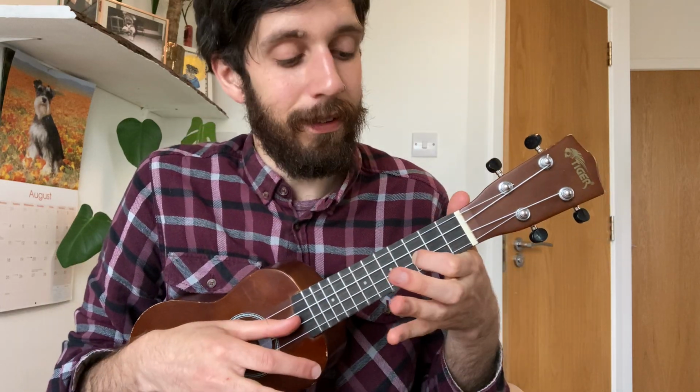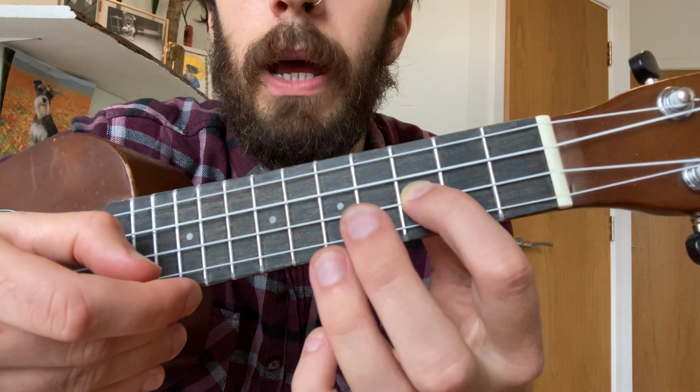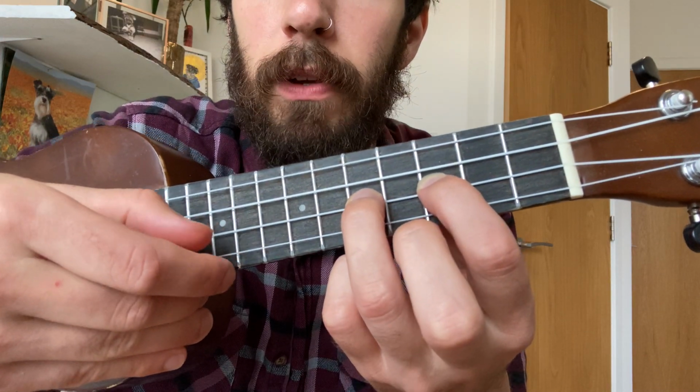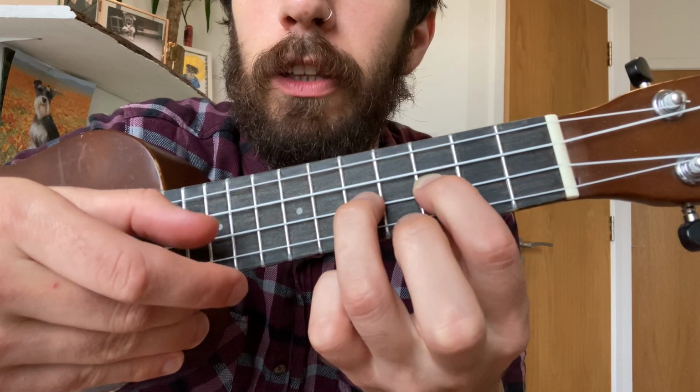So our 1 and is our 1st finger on the 3rd fret, and we hammer down onto the 5th. And then we hit our 2nd string again on the 5th. So it would be 1 and 2 and